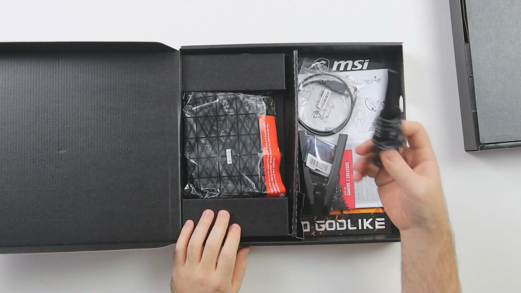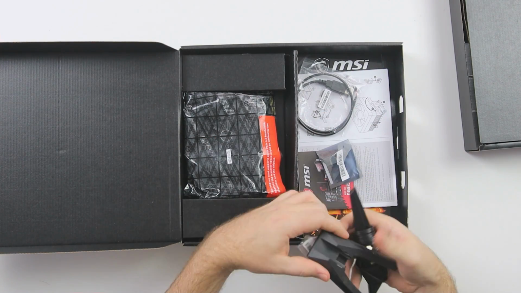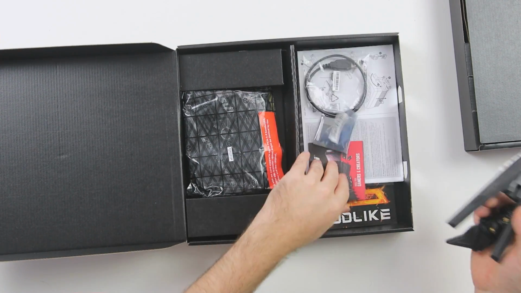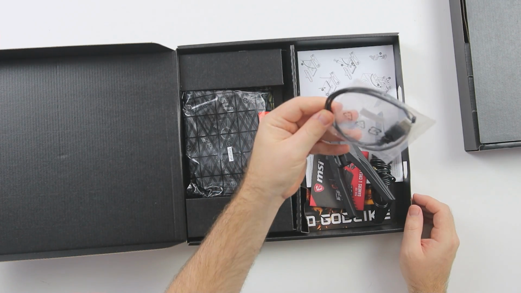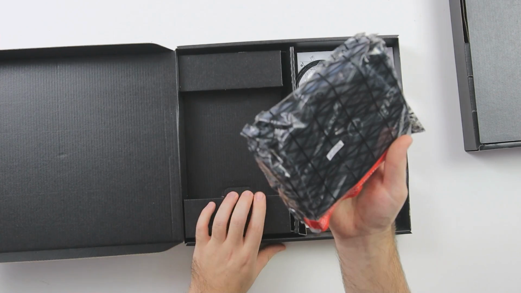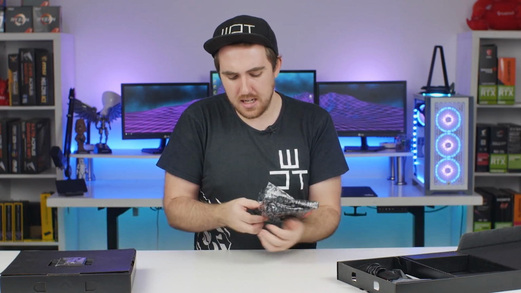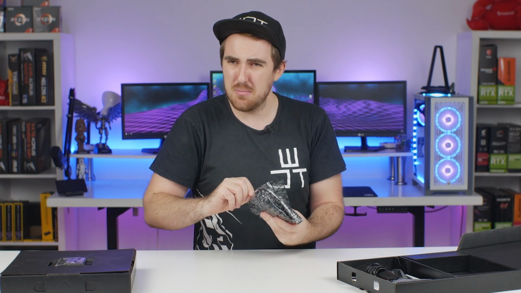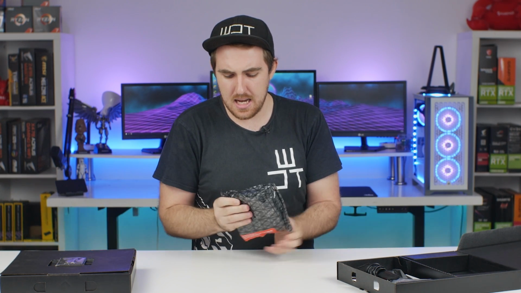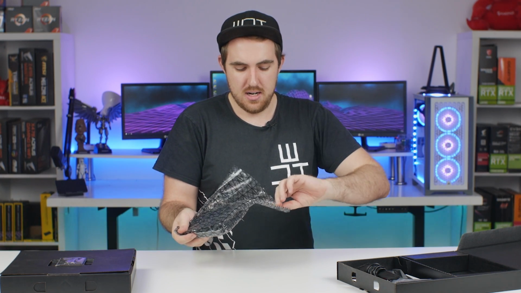So there we can see we do have our Wi-Fi antenna. We do have our Wi-Fi stand. Not going to go over everything too much here. Get a cable for something, I'm not too sure, but this is something that's pretty cool. So along with the board, and I'm not sure if anybody else really does this, I know MSI did it for a couple of their previous boards,